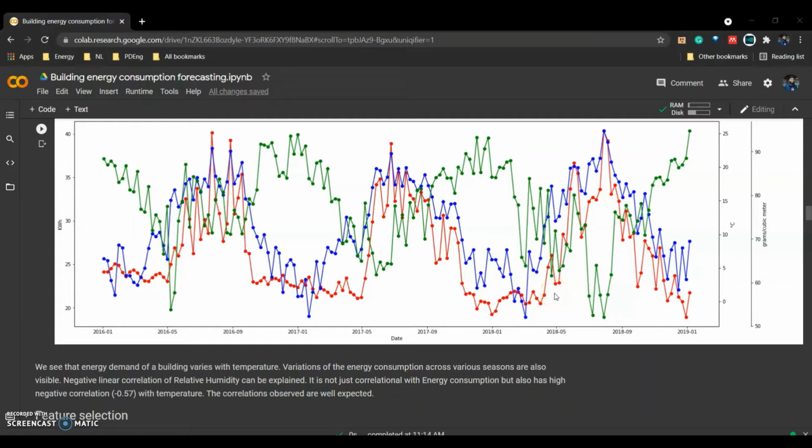Welcome to the next video of this tutorial. Here we will build our first model to predict the energy consumption. We have already seen how Pearson correlation coefficient can help us select relevant variables that can help us to predict